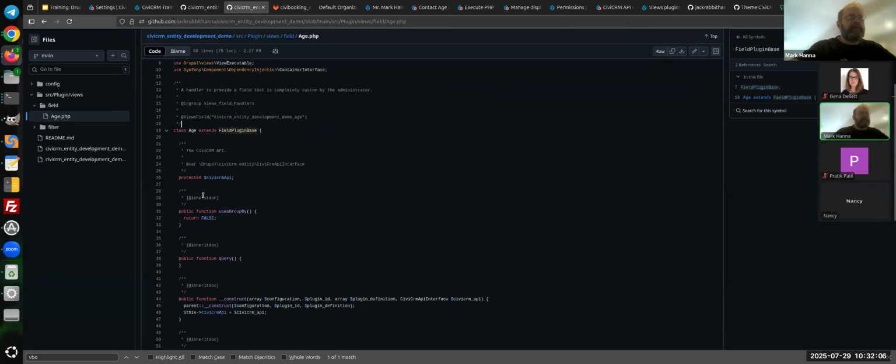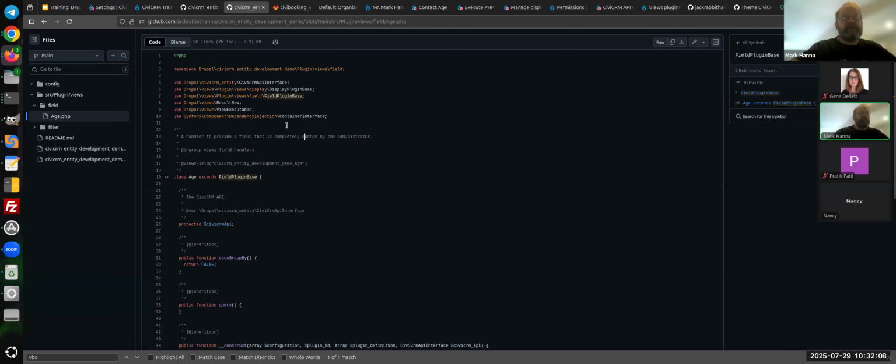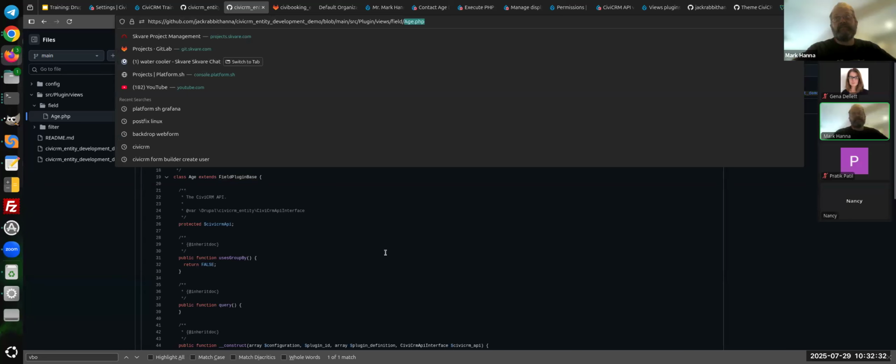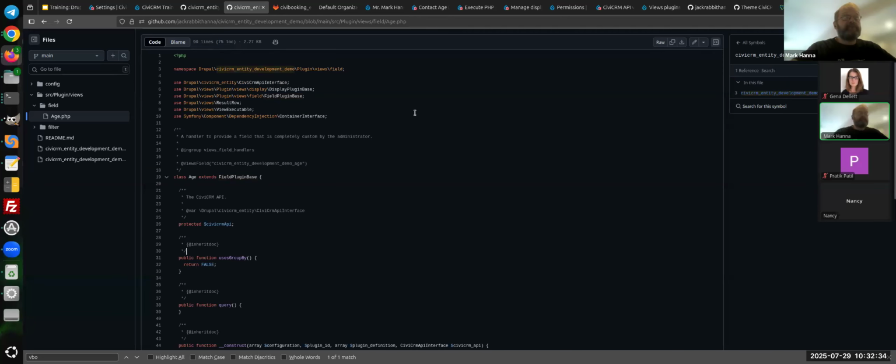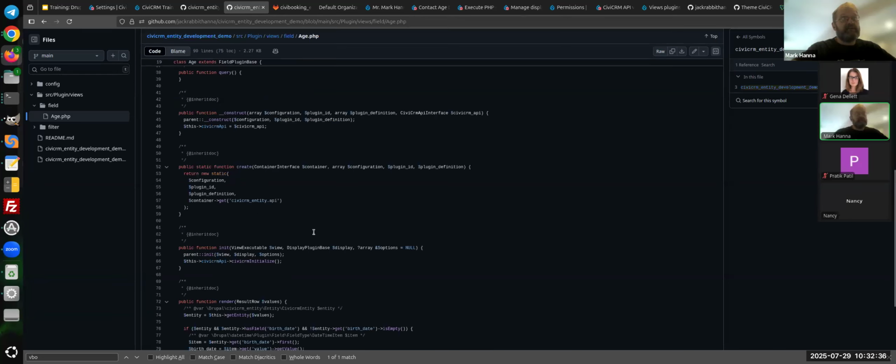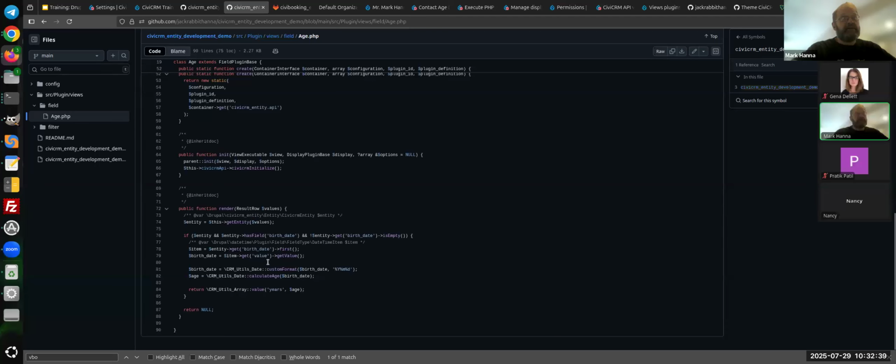So now, if you were to use this, you could have your own custom module. You could change this word right here. This is declaring the namespace of this object. You could just change this to your module name. You could change this to some unique identifier. Maybe you change the name of the class. The name of this class here, age, matches the file name. So you can just change these few things, leave everything else the same. And then you could